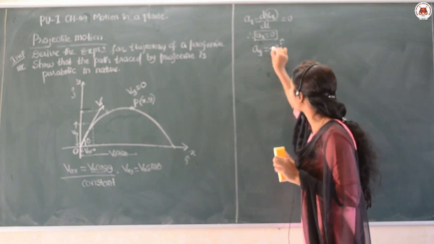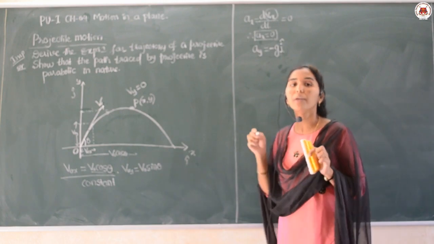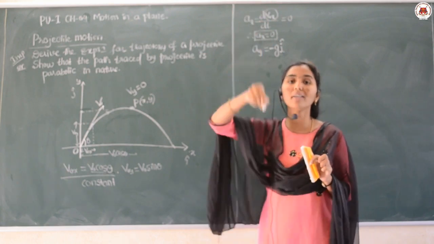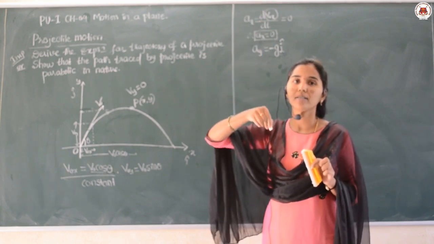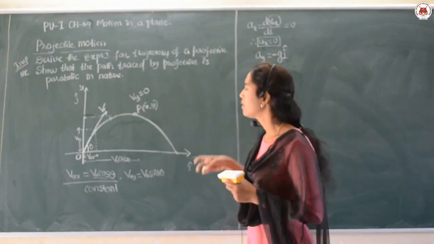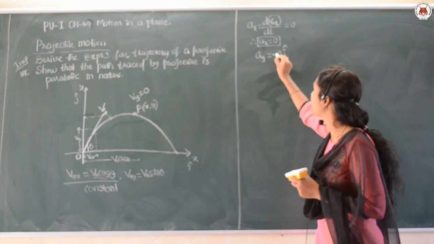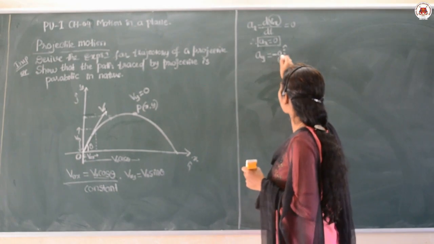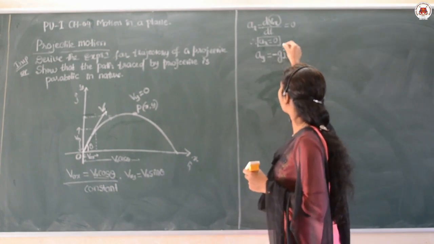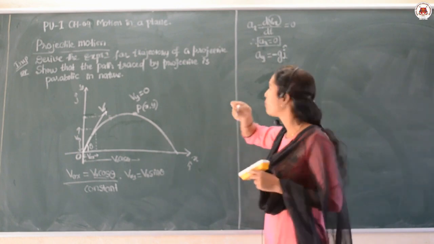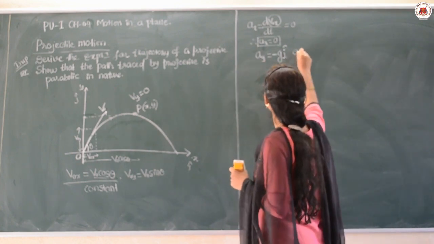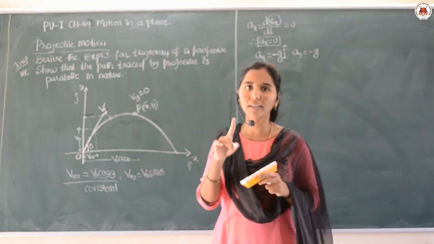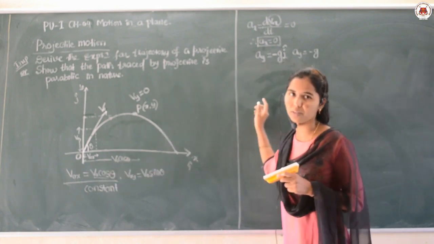And here I have used one more minus sign. Why is it so? Because whenever the object is thrown vertically upward, it is always pulled towards the gravity, that is acceleration due to gravity, right? So that acceleration due to gravity will be negative because it is acting vertically downward here. So ay can be taken as minus g j cap, and if you remove the unit vector, it is 1 only, therefore ay is equal to minus g only, you can use, no problem. Okay. So, am I clear dear students? These basic points should be very clear first, right.